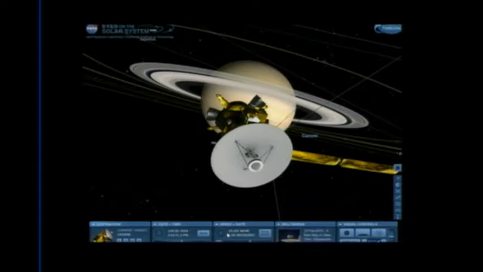So at this point, and you notice it's getting faster and faster because it's being pulled in by the gravity of Saturn, all right? So now, in order to counteract that and to keep Cassini from just flying by, at some point we have to turn the spacecraft in the direction of travel and fire the rockets. Well, you're going to be able to watch that whole thing as it took place in real time.